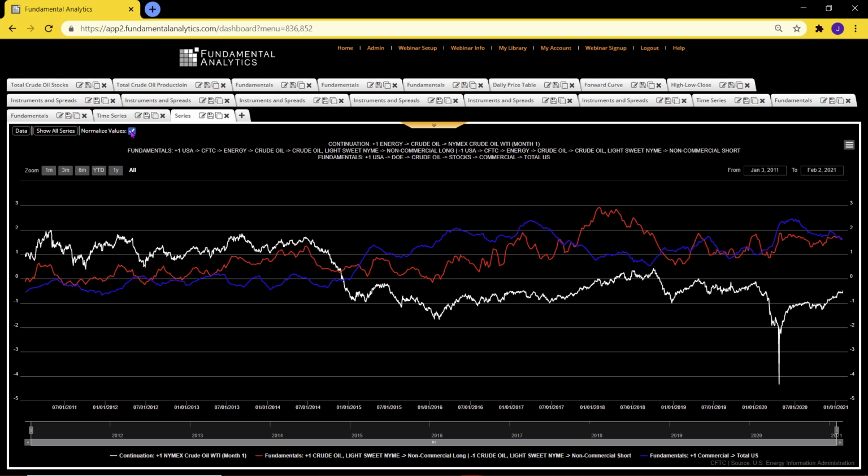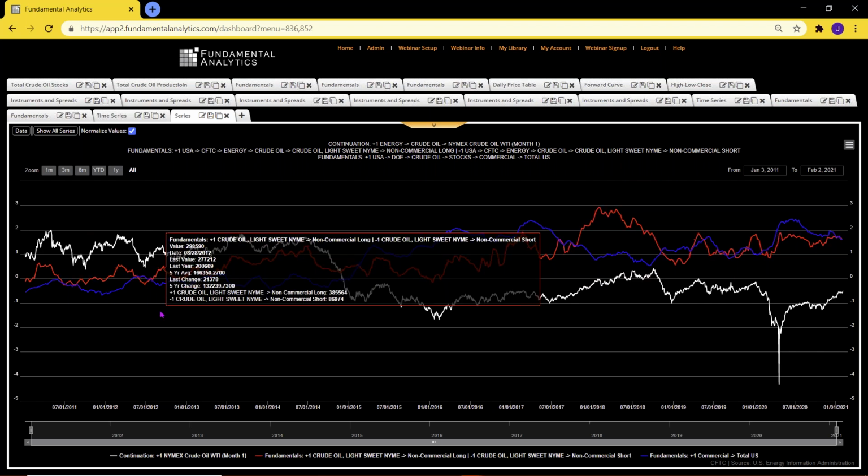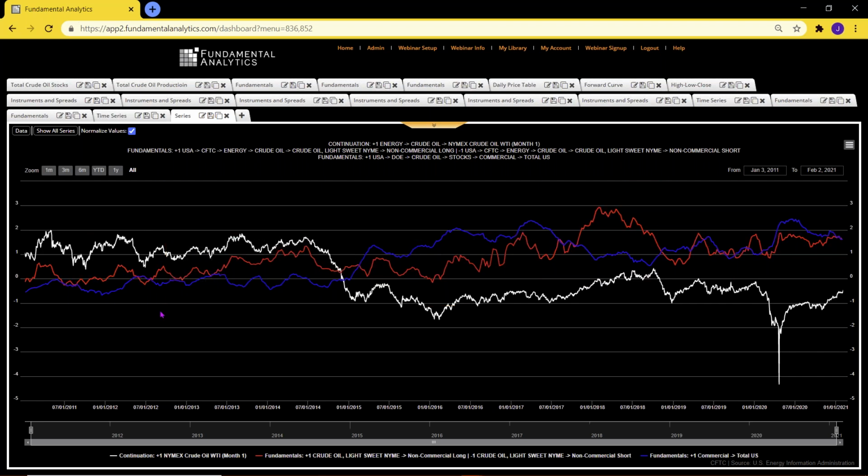Do the funds in their trend buying exacerbate moves, or do they tend to be lagging behind and end up getting hurt because they're staying too short, or too long? They stay too long on long positions and don't get out. But the point again is that this is fundamental data and price data all merged together on one system to look for possible relationships and ideas about the market.